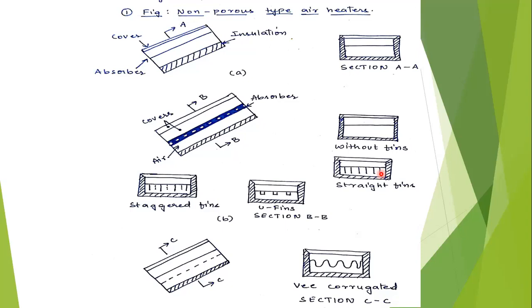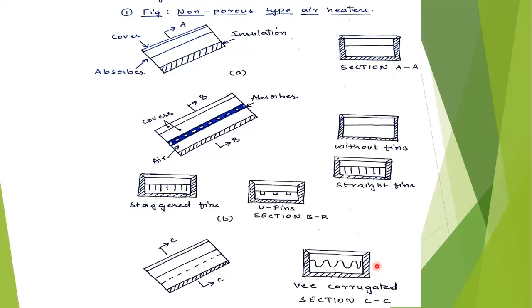Fins. So see in figure C, a solar collector with V corrugated copper foil is shown here. Corrugating means foldings. These foldings are represented like this. And absorption of solar radiation is improved due to surface radiative characteristics. This is one of the main advantages. The absorption of solar radiation can be improved by using surface radiative characteristics and the geometry of the corrugations, which help in trapping the reflected radiations.